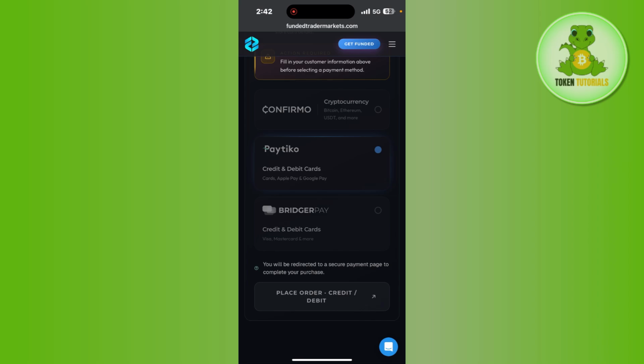Then you need to enter your physical or virtual card details, which you can get from the RedotPay app. If you have a physical card, it will be available on top of that. Then you just have to make the payments like we normally do with the help of a credit or debit card, and this way you are going to purchase your funded accounts, or you will be able to pay with the help of the RedotPay physical or virtual card